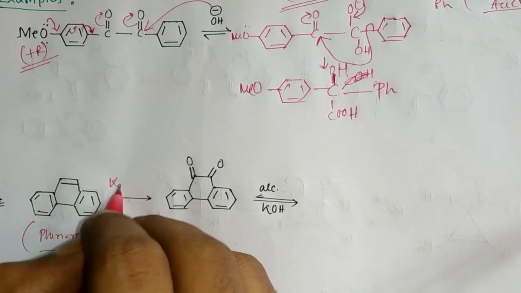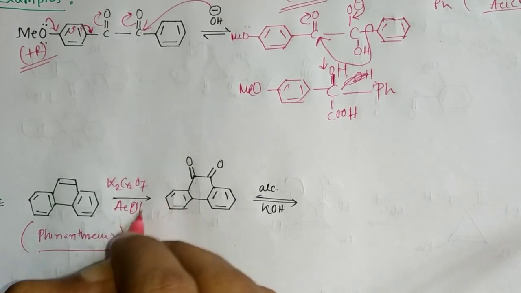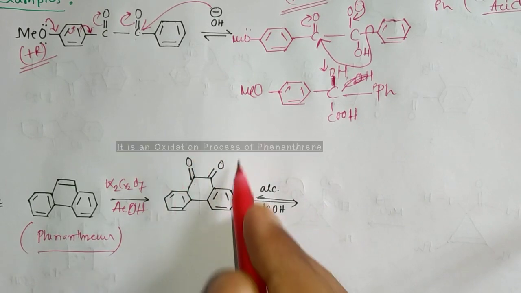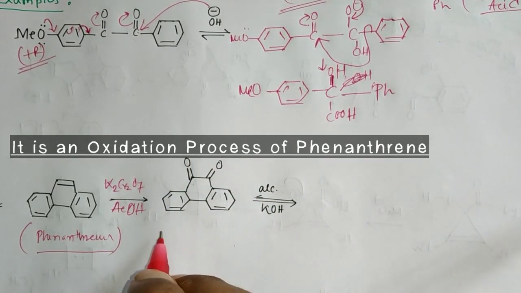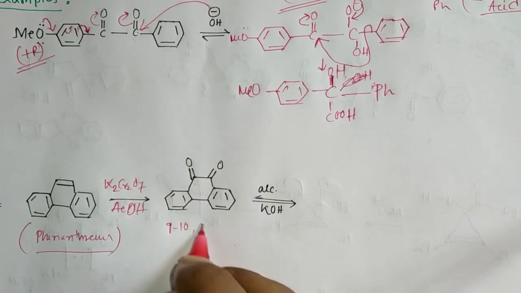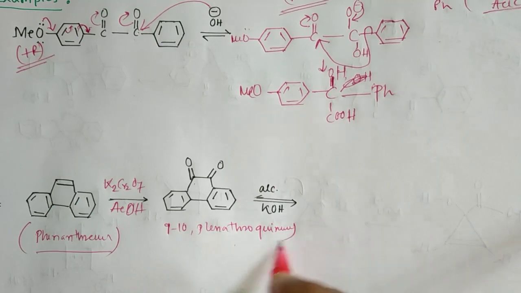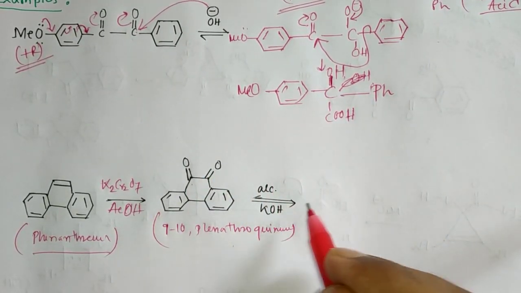You can easily use K2Cr2O7 in acetic acid, and you get this compound, 9,10-phenanthroquinone. Okay, so this is your 9,10-phenanthroquinone, and if you use alcoholic OH minus over here,